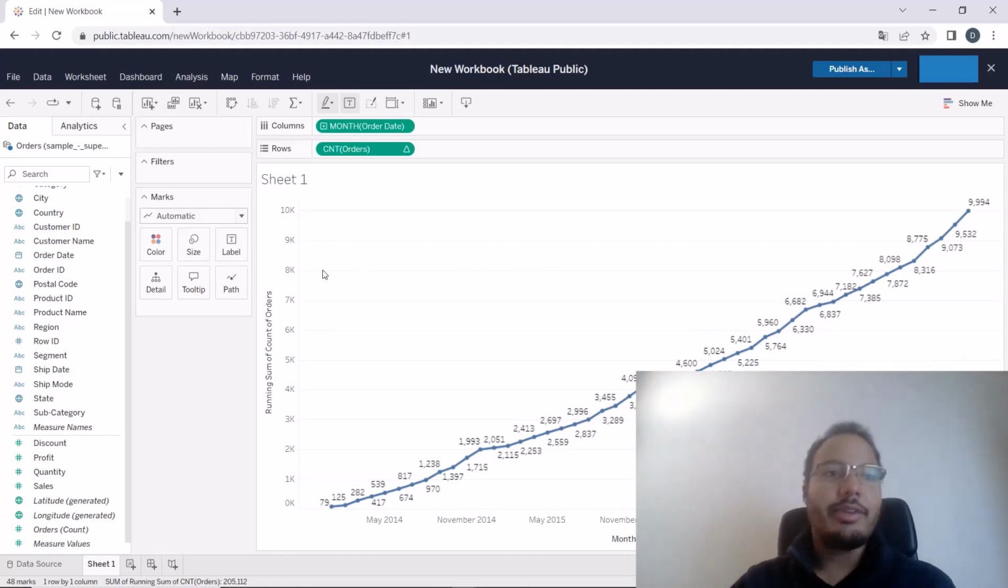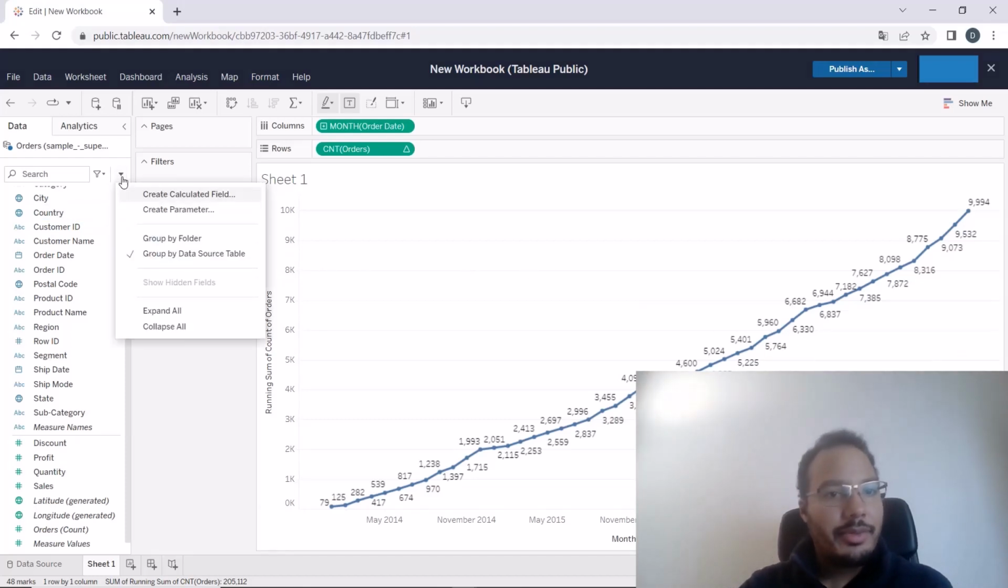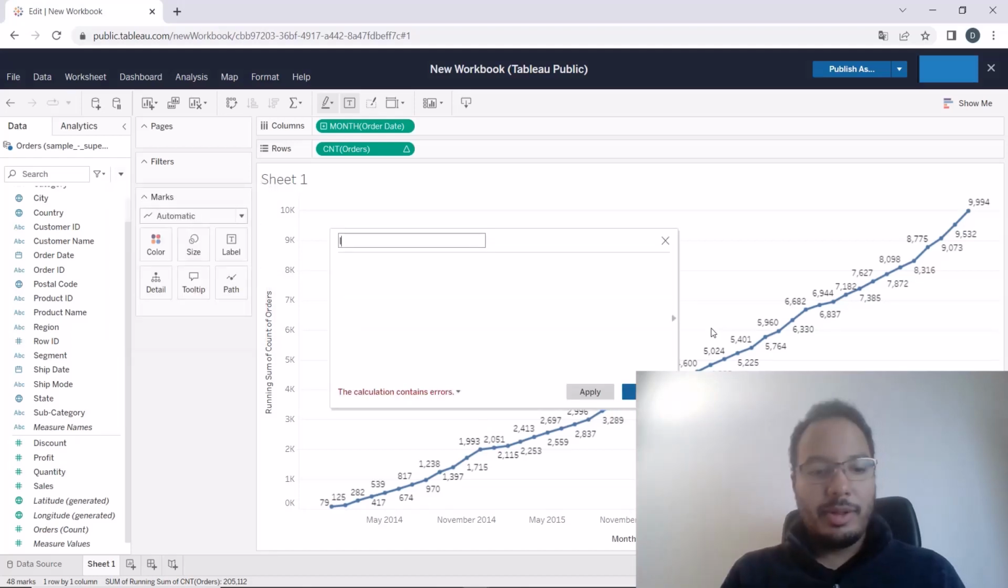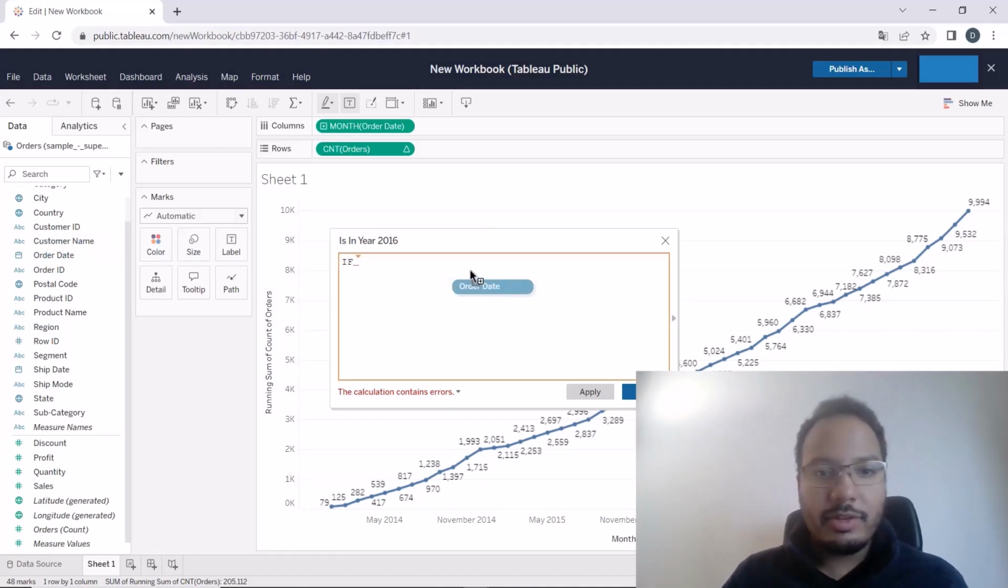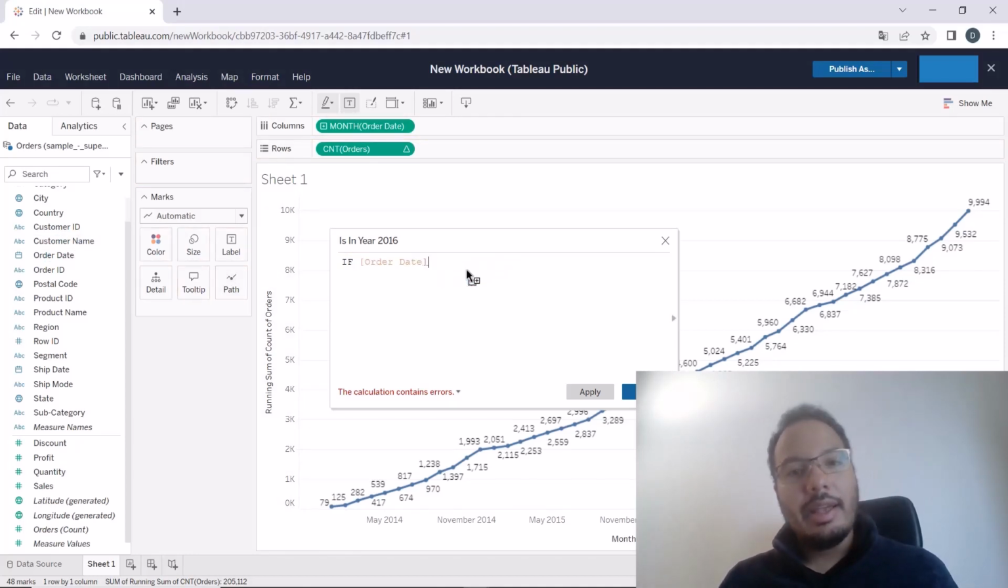So first of all, I need to create a calculated field. Okay, we'll give it a nice descriptive name, is in year 2016, and then I will use an if statement here. So if the order date, which is our date field, is in 2016, so equals 2016, and to only check for the year, I need to use the date part function and say year,